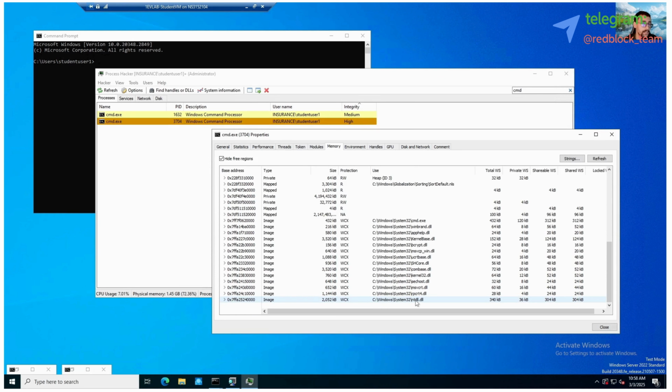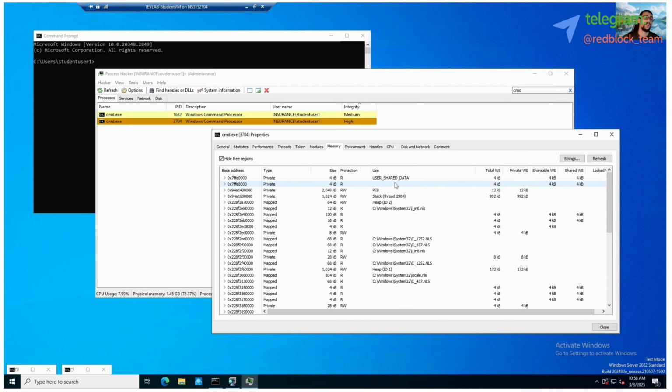This is the last mapped loaded memory, which is ntdll.dll, and this file image is loaded at this memory address. The pages have a typical order. We have user shared data first, then the PEB, then the stack, then the heap, then the NLS